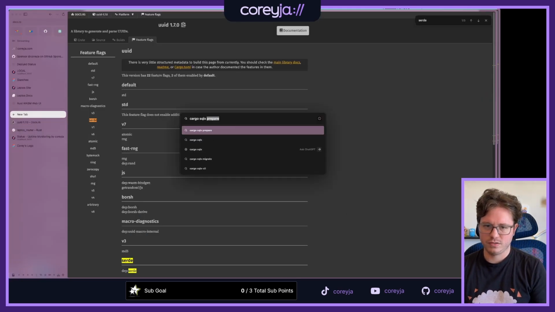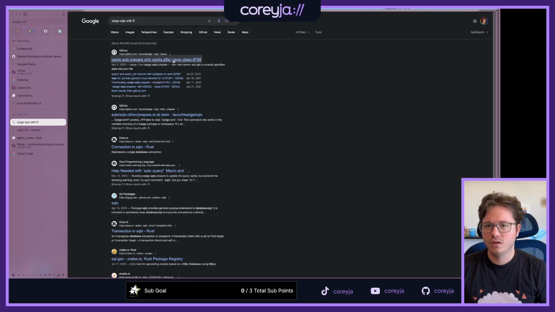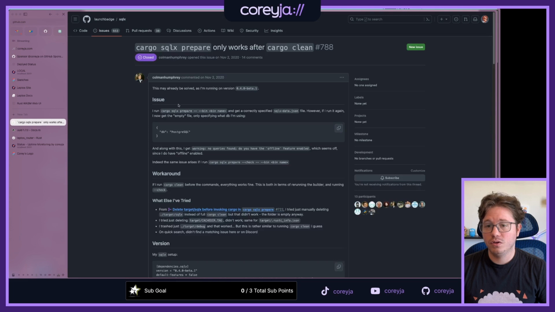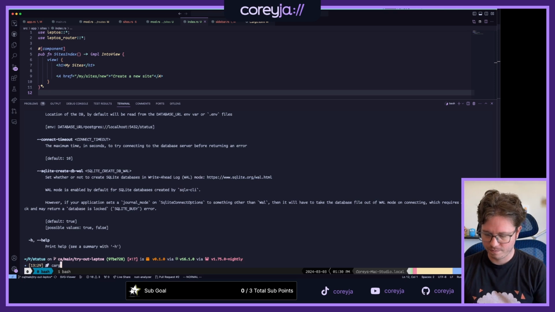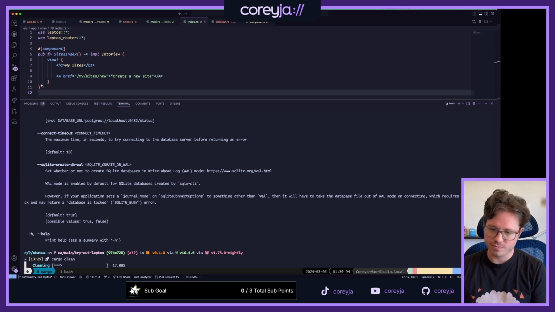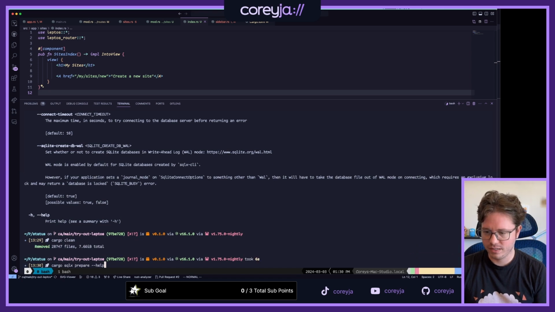Cargo SQLX with feature flag? I actually don't know what I'm looking for. Oh, only works after cargo clean at the moment. Well, that would be a fun one. I could do a cargo clean and just make sure that that's not my issue. Doesn't feel like that's gonna be it, but I don't have any better ideas.